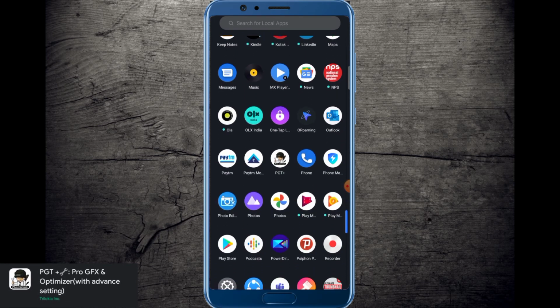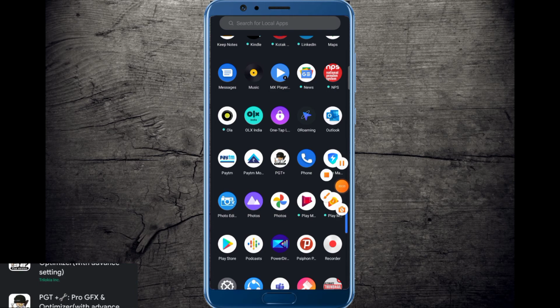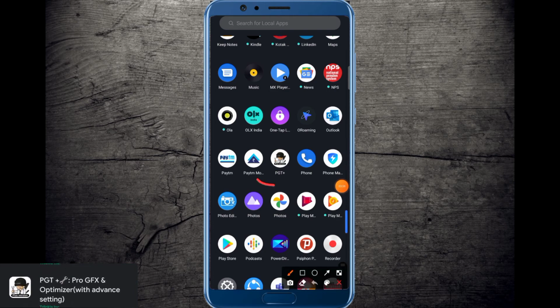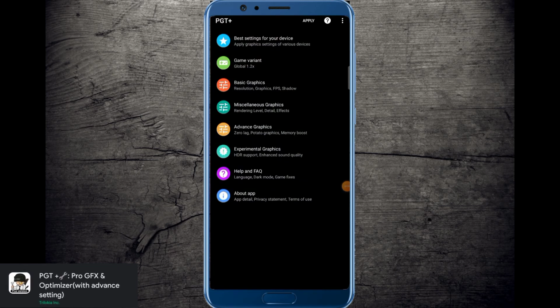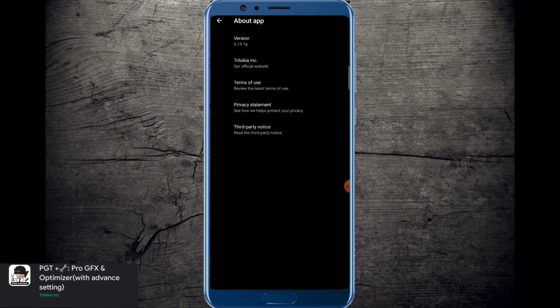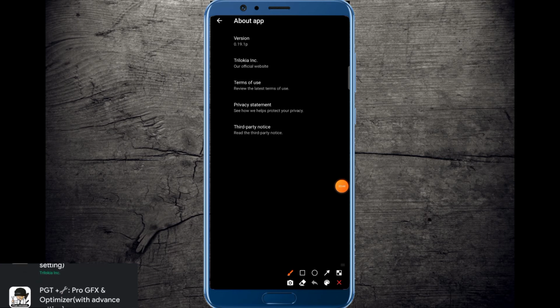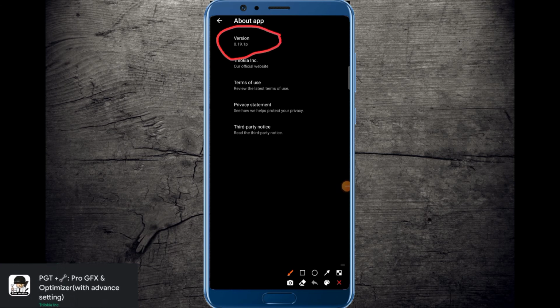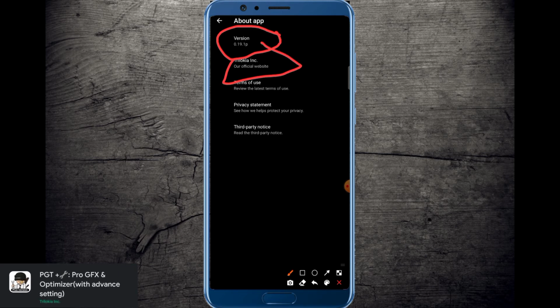And after downloading the app from the link, you will get this icon like this. Go to the app. Let me show you the about section, and you can see the version is 0.19.1p officially from Tricola Inc.